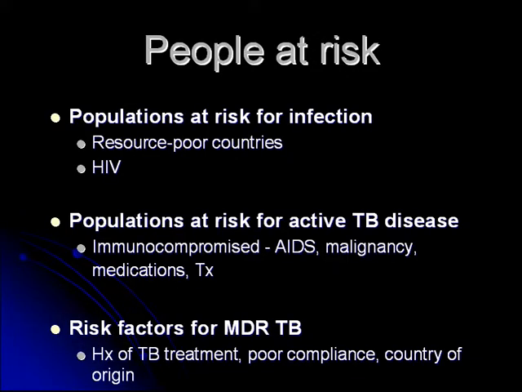People who are at risk, obviously, are people who come from countries where it's endemic, specifically China and India, where it's estimated that 75% of the world cases are, as well as sub-Saharan Africa. Patients with HIV are particularly prone to developing active tuberculosis, and therefore they're prone to spreading it to other people. People that are at risk for developing active TB are those that are immunocompromised, specifically with AIDS or steroid medications and transplantation. It's a risk factor.